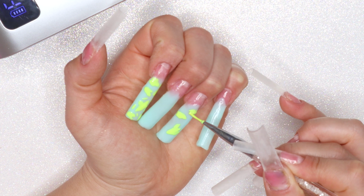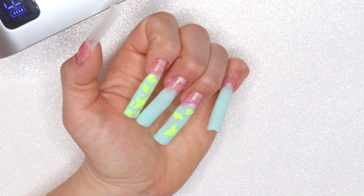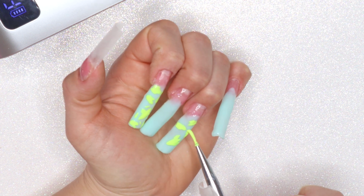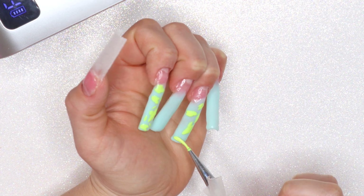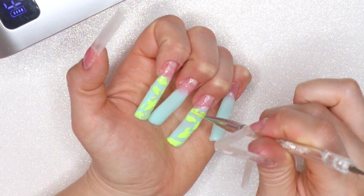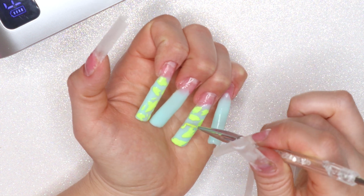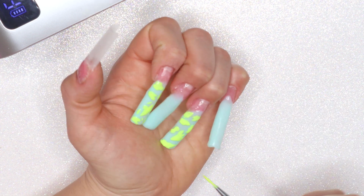But anyways, to do the cow print, what you want to do is just make little spots and wiggle your brush out while you're doing it, and you get that cow print look. And then you want to make the little spots in between the bigger spots. It's really easy. You just have to not think about it too much, because I noticed when I thought